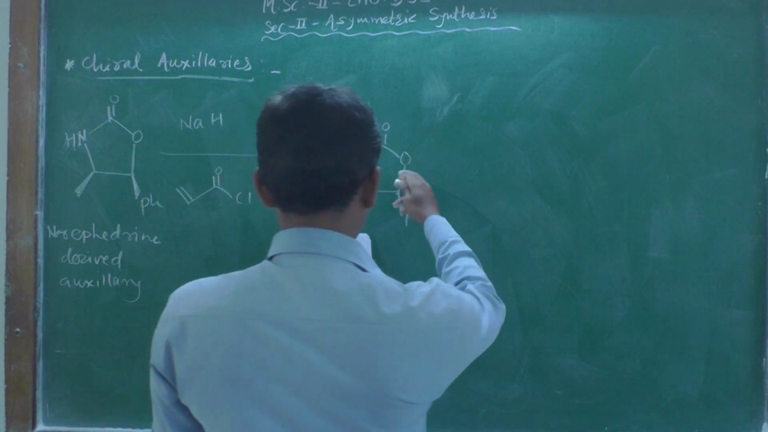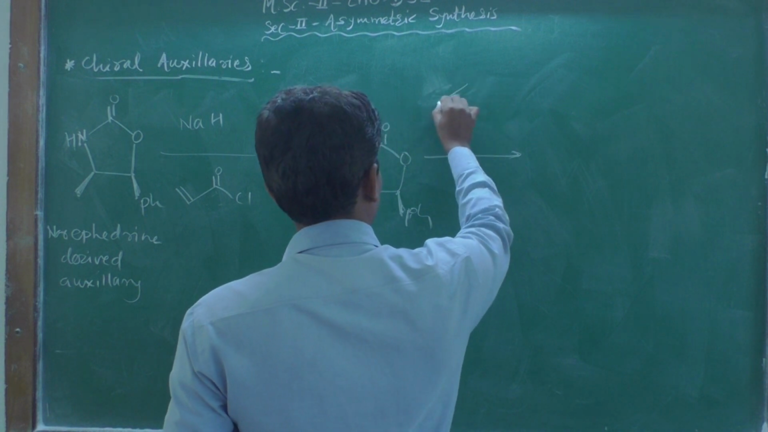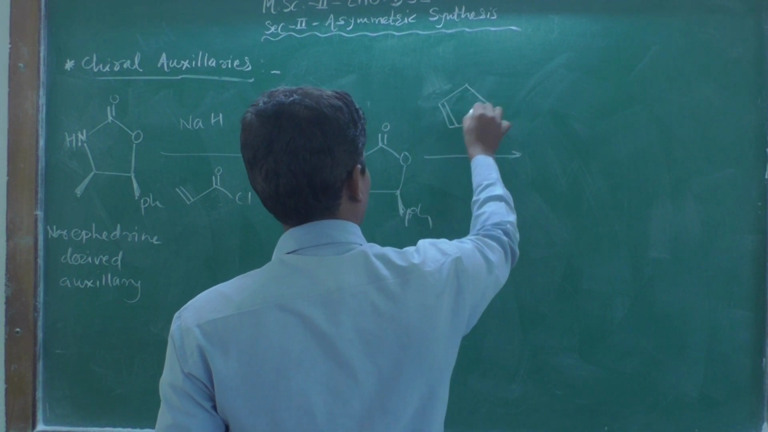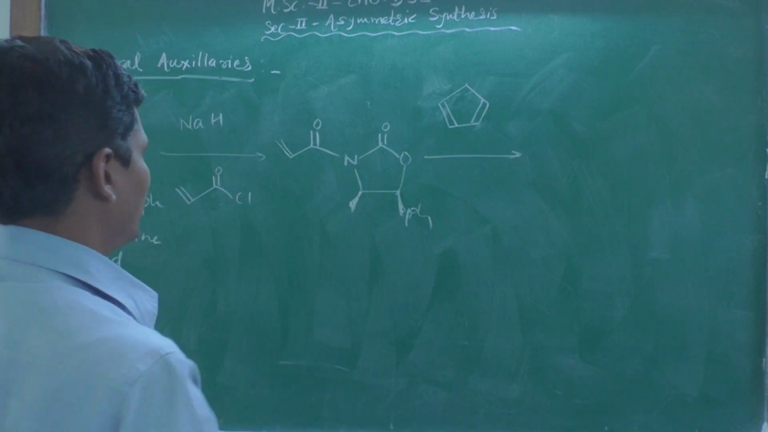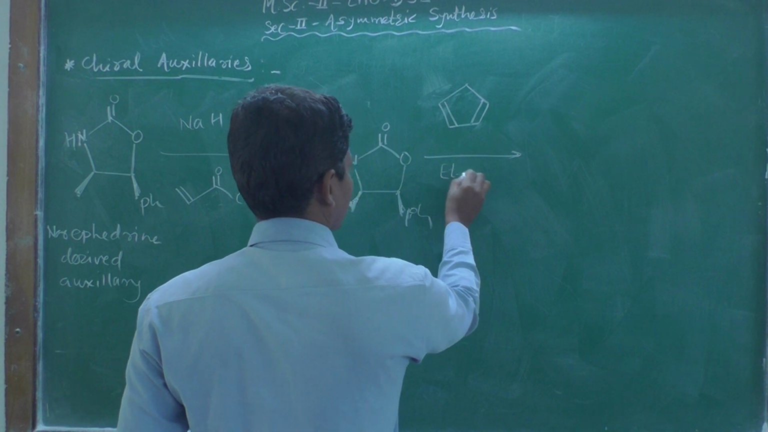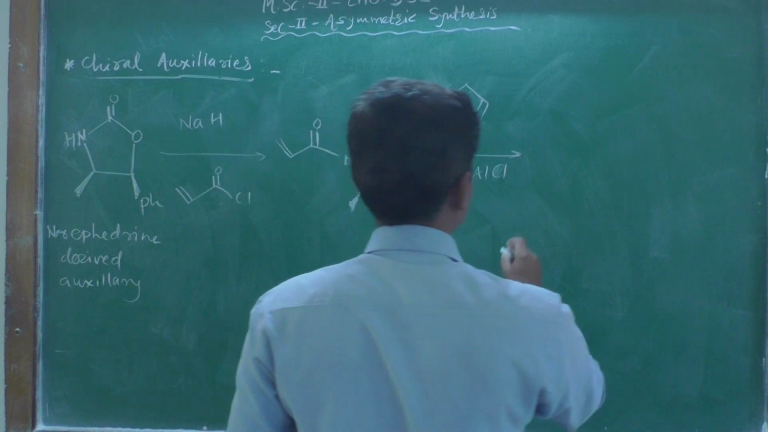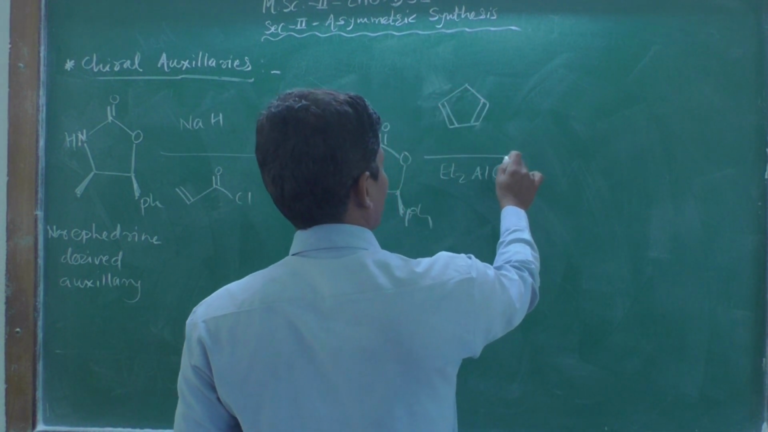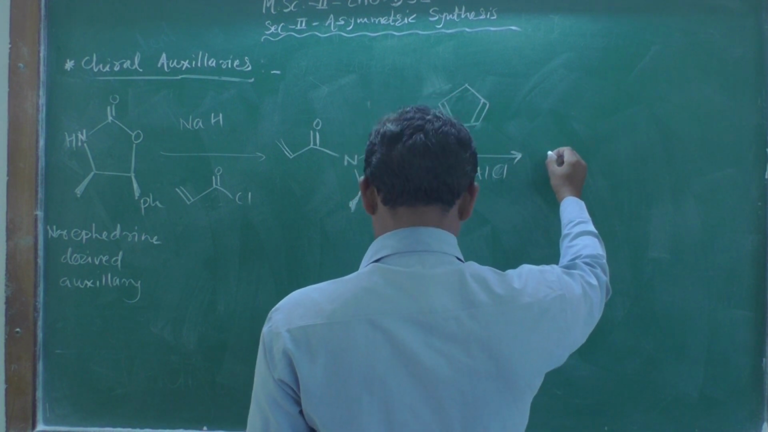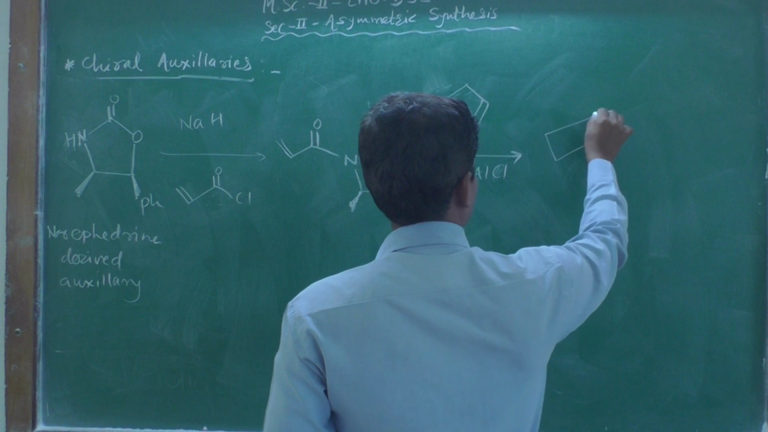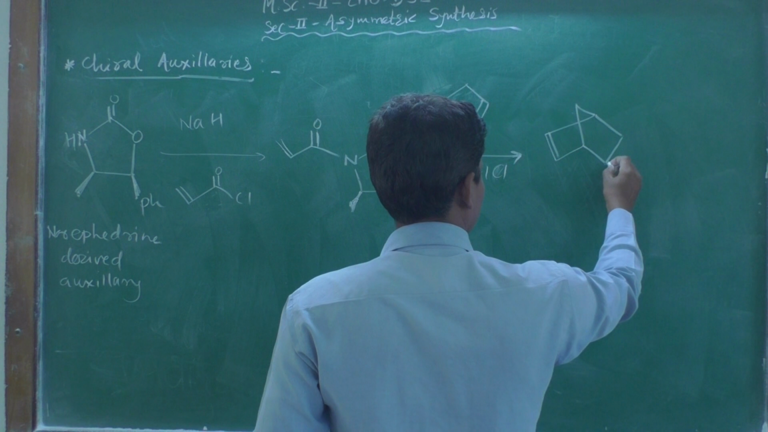So when we react this with our diene, cyclopentadiene, all the things remain the same; only we have changed the chiral auxiliary here. Same here, diethyl aluminum chloride, a Lewis acid catalyst, we have used. This is a thermally allowed cycloaddition reaction, the Diels-Alder reaction. And what happens here? We are getting a different product, and the product here is like this: